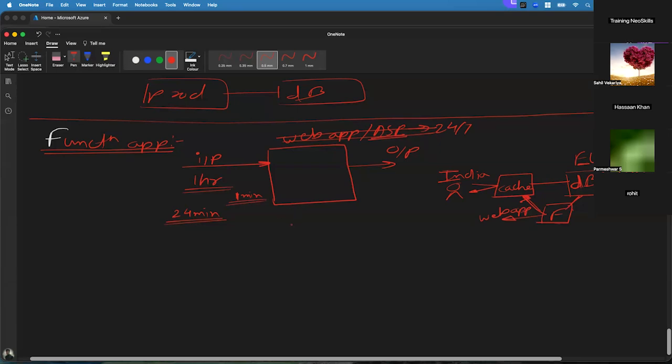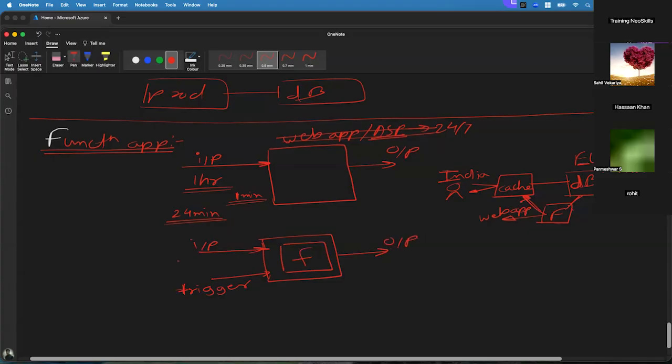Now, for the function app, you need your logic, right? After that, you need the input. What kind of input you have, whether it is a sensors or any storage account or anything, whatever is there, you need to add your input. After that, you also need a trigger, because function app will only work if it gets the trigger, right? So if it gets the trigger, it will run the function inside that, and then it will create the output,